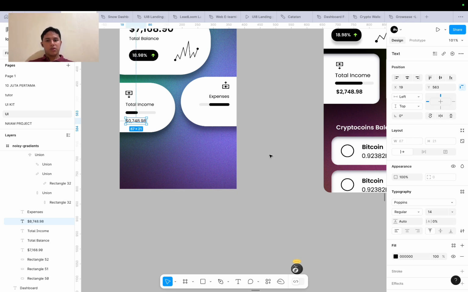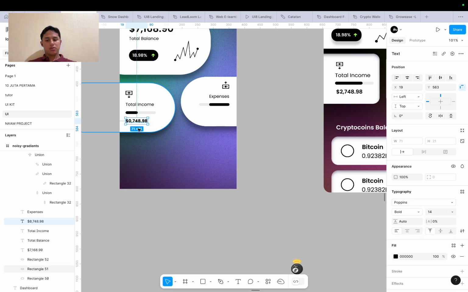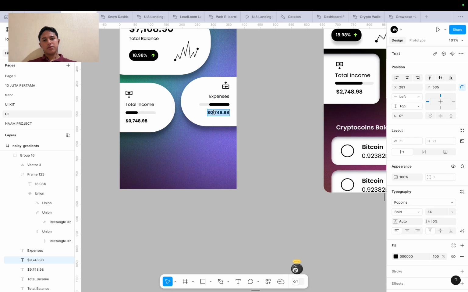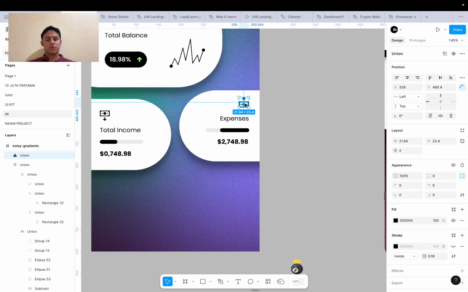And customize the type of size, and then duplicate it for another box, and customize it, change the content. And after that,